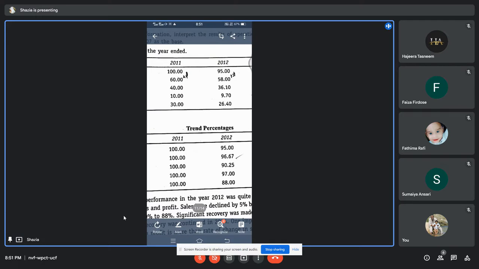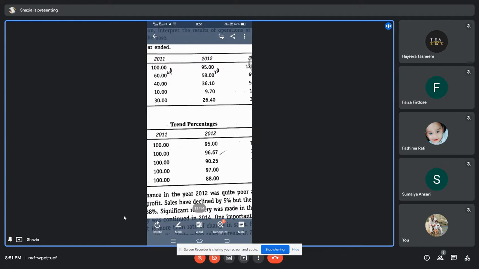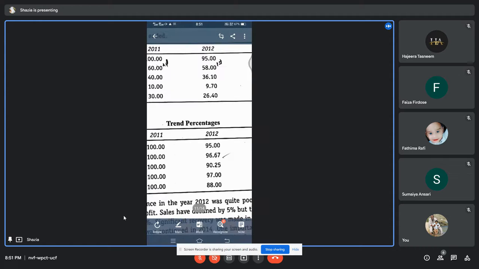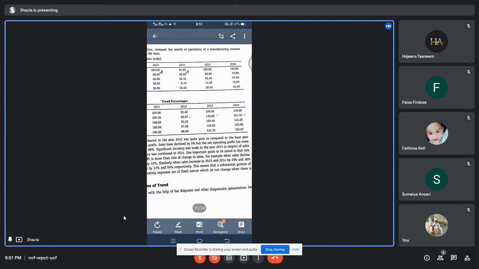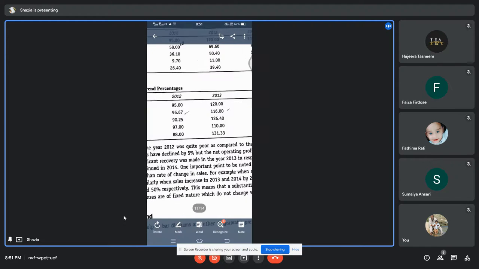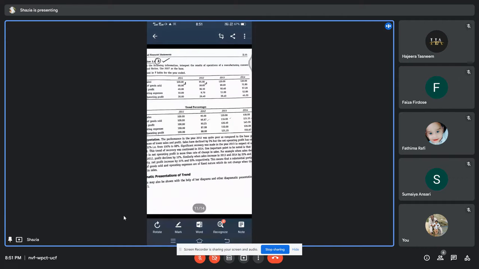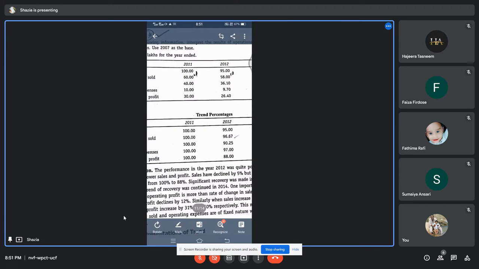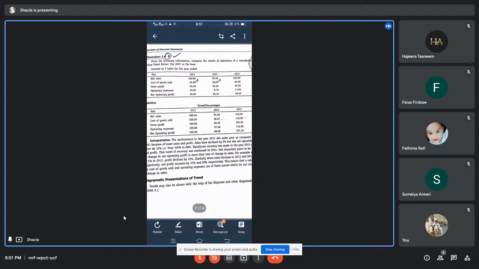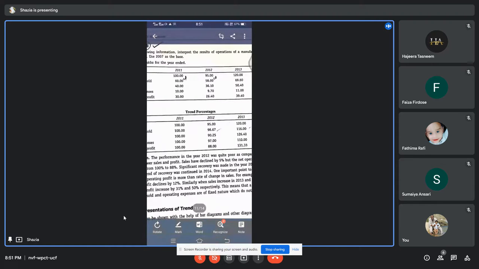Now base year is what here? 60. So 58 divided by 60 into 100 you have to do. Only then you will get 96.67%. You cannot take 100% here. Only the 2011 is giving you 100% result, whereas the following 12, 13, 14 will change. To change these values, you have to compare the previous base year's percentage with the current year's percentage to find the new values for the next years. Okay. So now you have got 2012, 58 divided by 60 into 100.